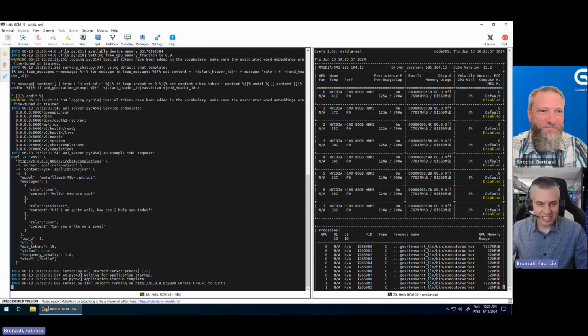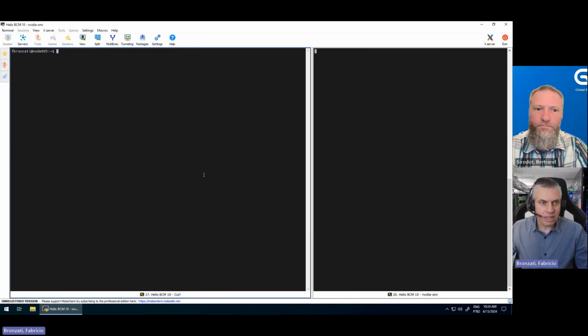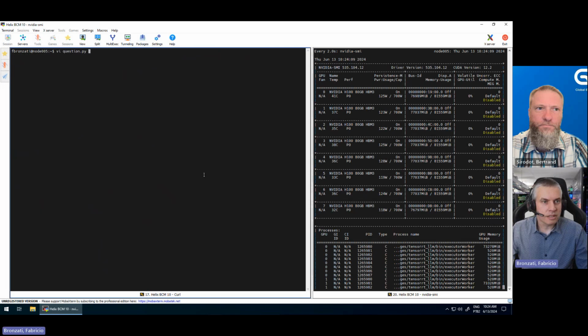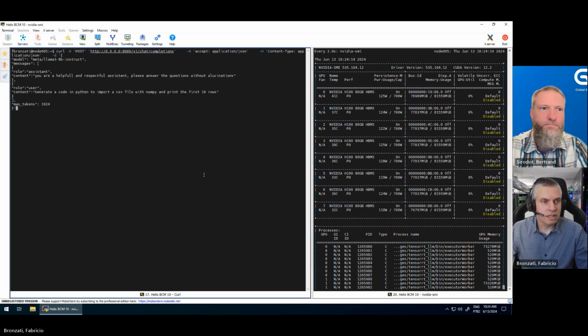Exactly. So here we have the model running, and we can submit any request. Here is an example. This is the way the OpenAI API needs to receive the request.